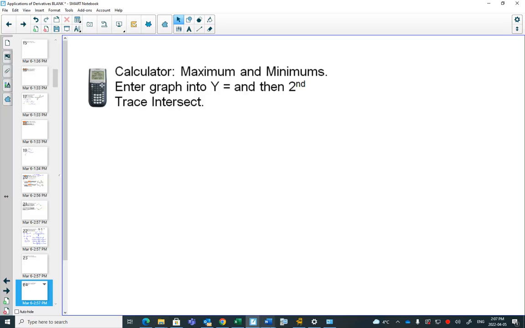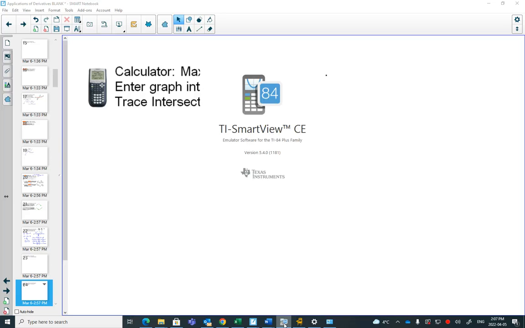Good to go. So on your calculator, if you have a graphing calculator or if you use Desmos program, there are ways to find maxes and mins. You've probably done this in other courses. But let's just say I have some parabola. So if I go to my graphing calculator here, just to show you, who does not have a graphing calculator? Okay, so then you would look on Desmos using the Desmos app to do this. But most of us here do have a graphing calculator. So if you wanted to find a maximum or minimum on your calculator,